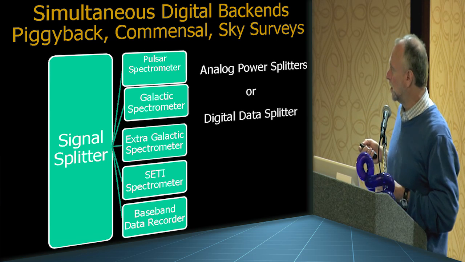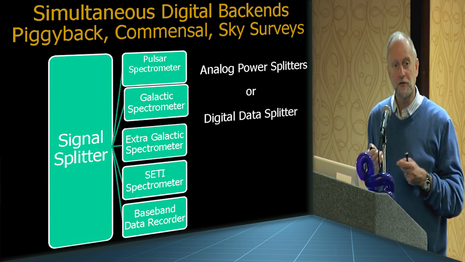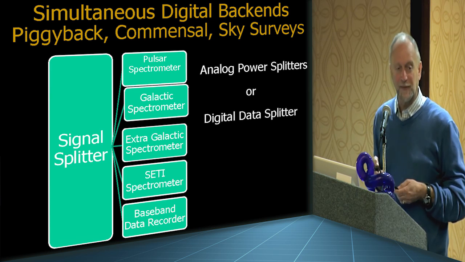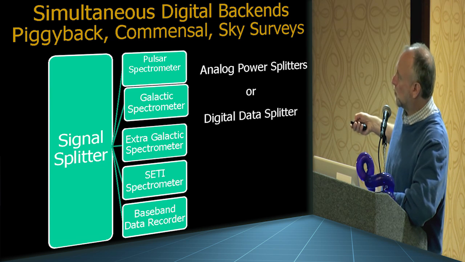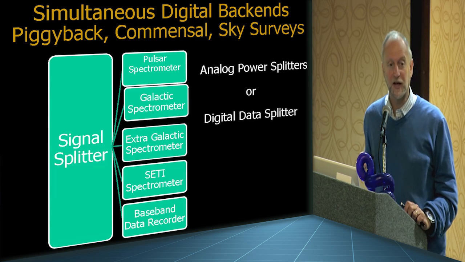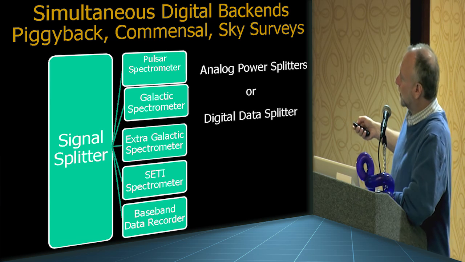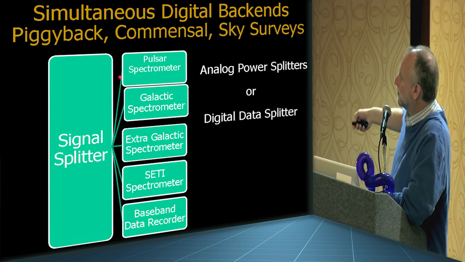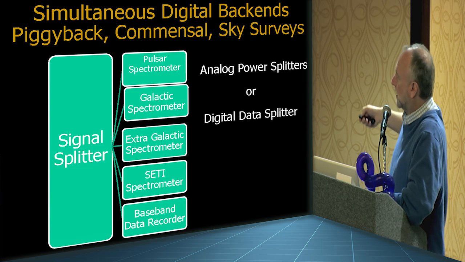Traditionally, this has been done where you take the data and you split it with analog splitters, and you split the voltages up, and then each instrument would digitize it separately. But I think we're going to try to learn how to do this where we digitize the data once and then split the data digitally, perhaps in a multicast switch, or maybe you guys can give us advice about how to do that. And we want to try to figure out how to have a lot of computing hardware out here that's dynamically allocatable so that different astronomers can allocate it different ways.